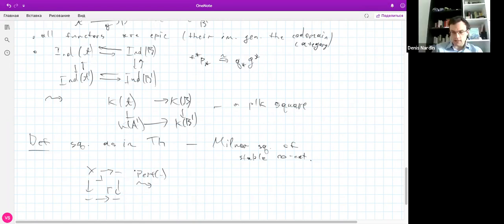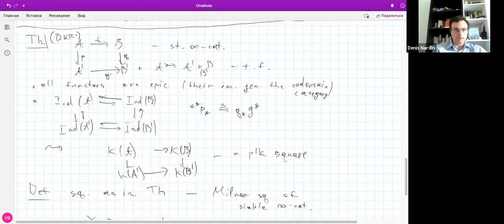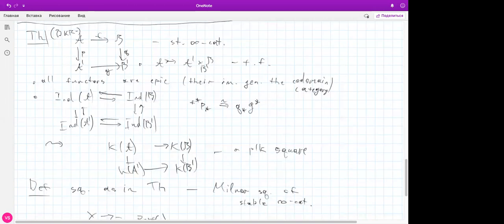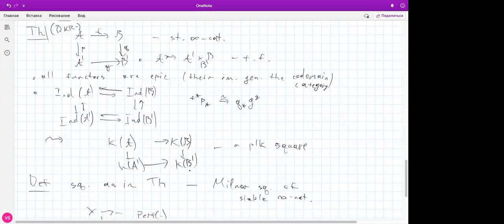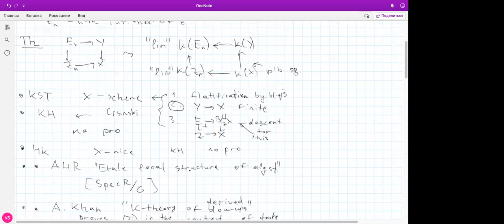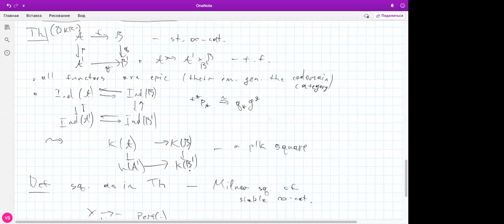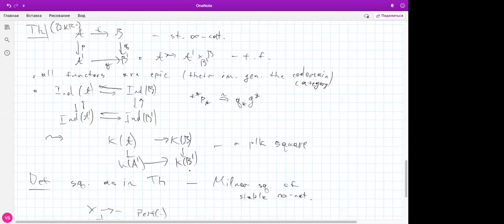Another question that arrived at the same time that I missed. The question is whether this should be thought of as the many object version of the result by Land and Tamme. Yeah, you can think that this is the many object version of Land Tamme, but I think it's actually, in a sense, simpler than Land Tamme, because